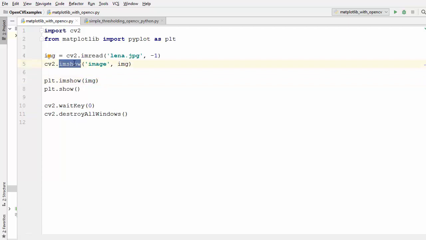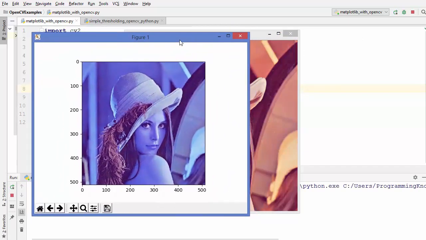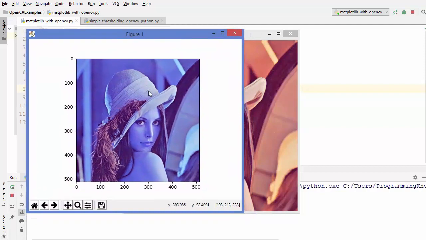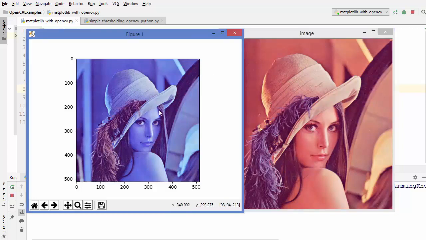So this is going to show this image using the matplotlib library. So we are opening this image using the OpenCV imshow window as well as the matplotlib window also. So let's run this code and let's see what's the result which we are getting. So you can see this is the image which is loaded using matplotlib, and this was our original image which is loaded using the OpenCV library, and straight away you can see some difference. So this is the original image which is the colored image, and in the matplotlib window we also want the same result, but it's giving us a different result.